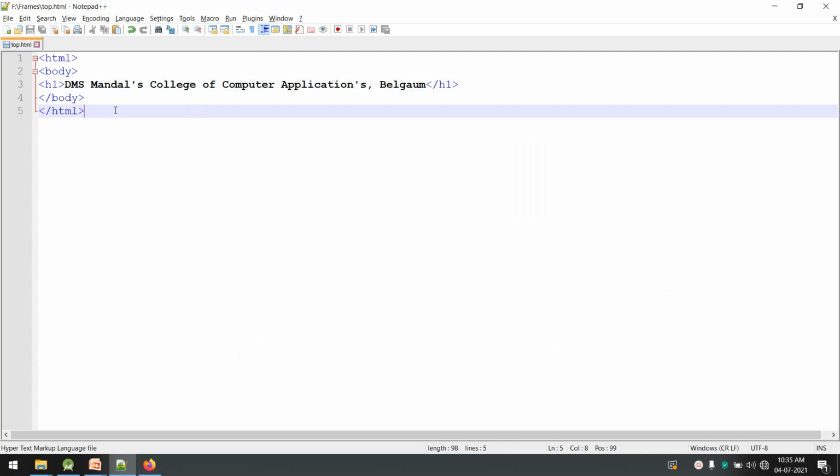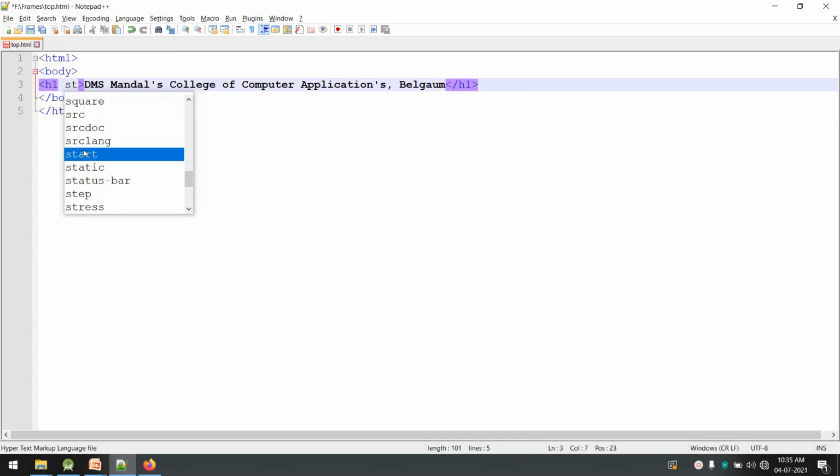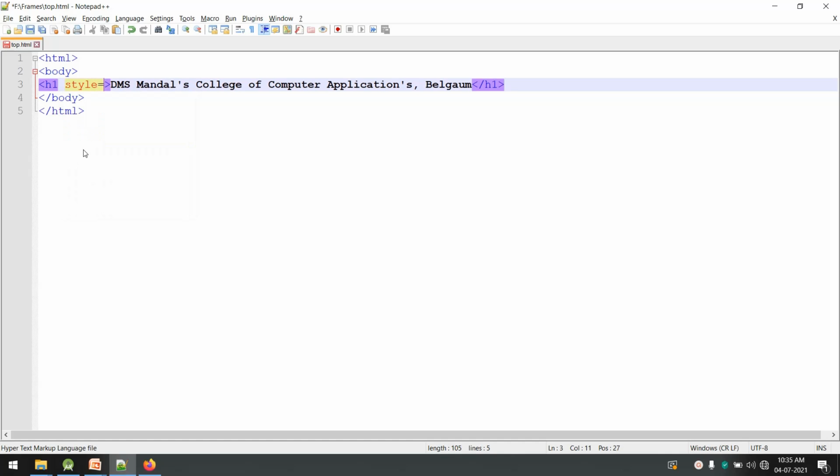Inline style sheet, as we know, is used inside the tag itself. It is used in an open tag. So this is our H1 open tag. Inside this, give a space, and we have seen the syntax of inline style sheet. The syntax always starts with style. So style equals to, in double quotes open and close, we can declare the property which we want to set and the value. So any number of property values can be specified as a value of style attribute here. Okay, so inline is specified like this.